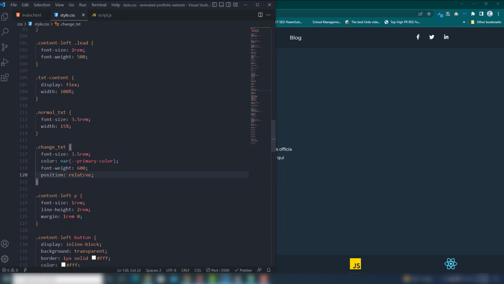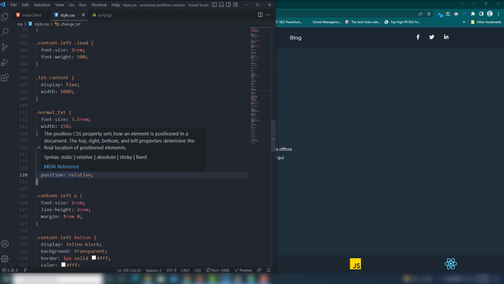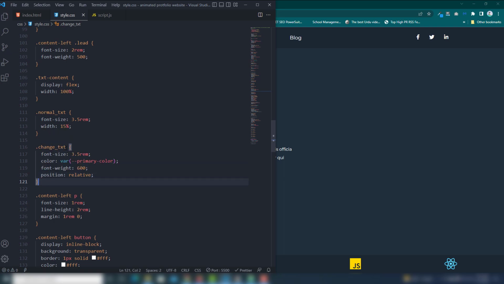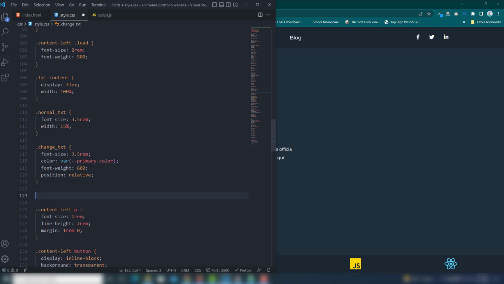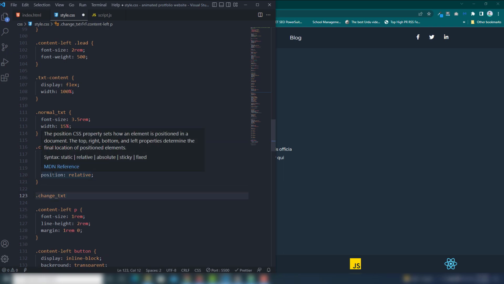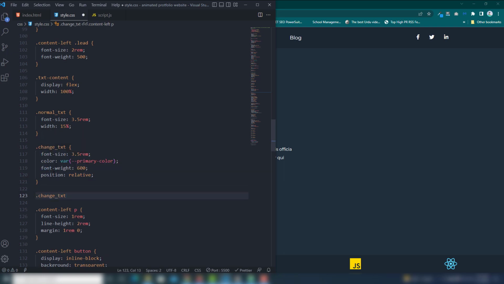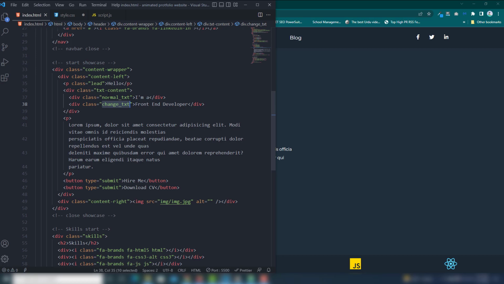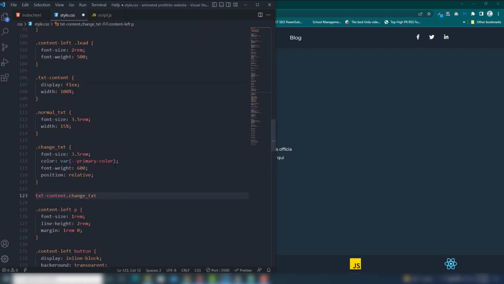Once you add position relative, we're going to target the change text, which appears inside the text content.